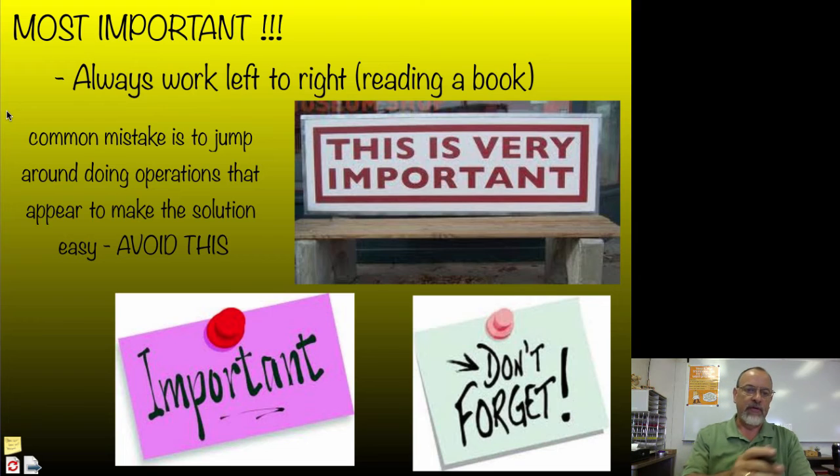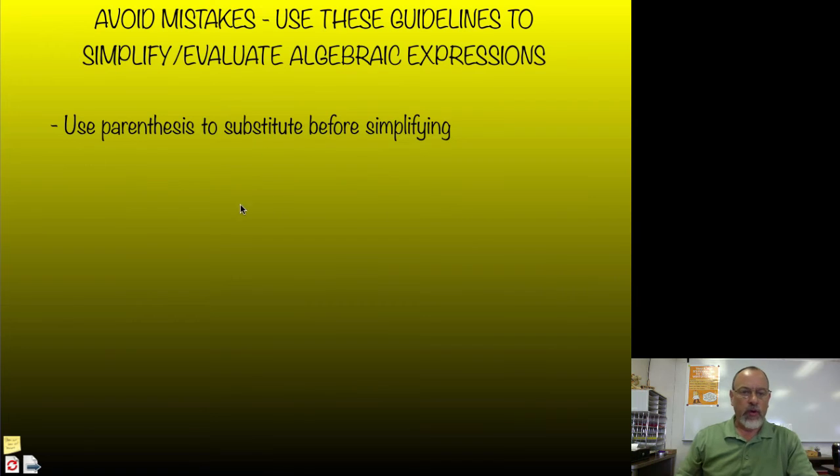We do left to right, we do all the grouping symbols. Left to right, do all the exponents. Left to right, multiply and divide. Left to right, add and subtract. So you actually will be working from left to right multiple times to make sure that we arrive at the correct answer. We want to use parentheses to substitute before we simplify, and I'll talk about that